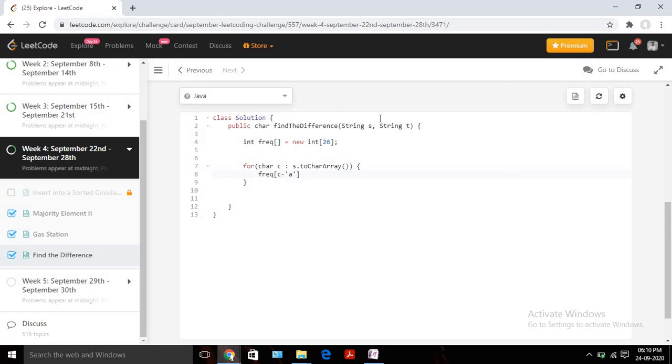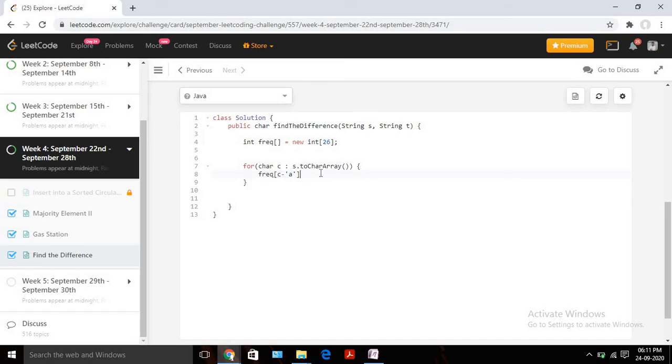A means 97, so we do the minus so that its range will be within 0 to 25. For example, c means 99 in ASCII, and we are doing it minus a, so the index will be 2. We are just converting that index to between 0 and 25.